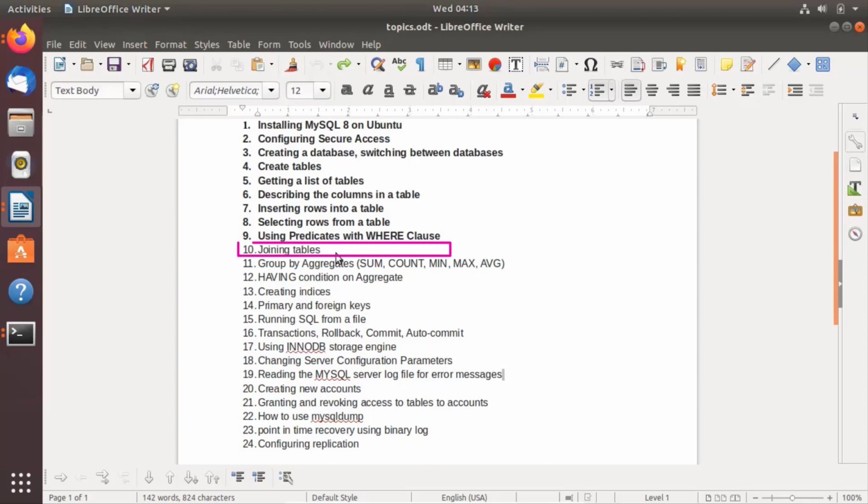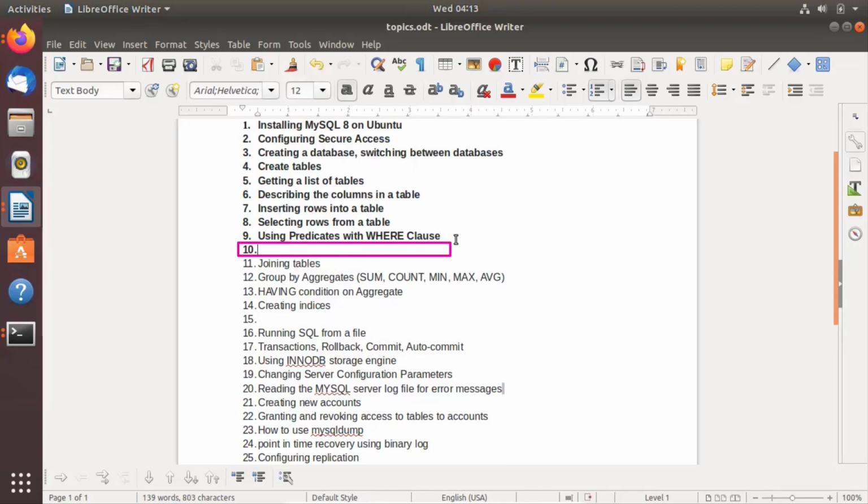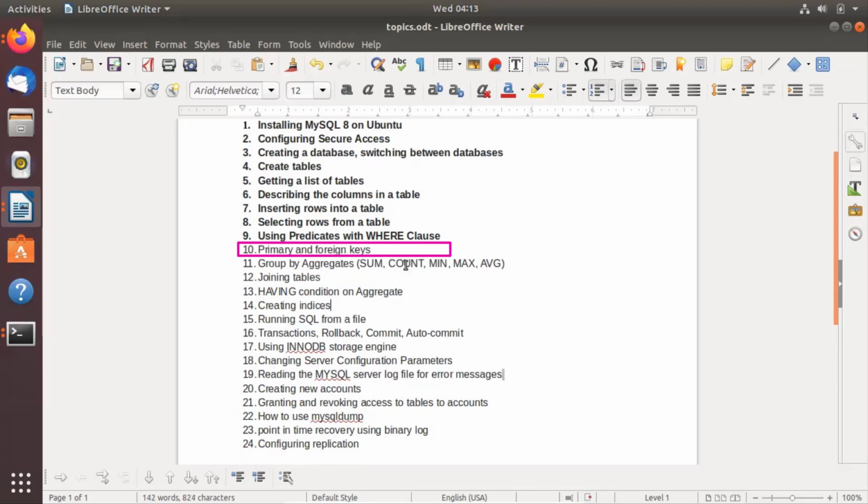Now let's move on to the next topic, that is joining the tables. But before joining the tables, we must have the concept of the primary and foreign keys, which is our topic number 14. So let me just grab this topic on top. And after discussing and building the understanding of the primary and the foreign key, so now let's discuss about the primary and foreign keys,